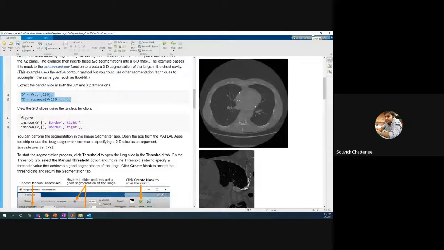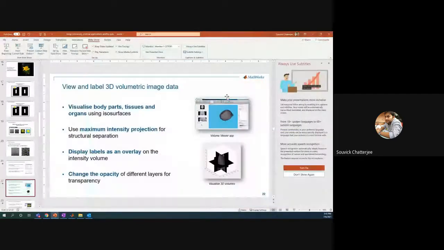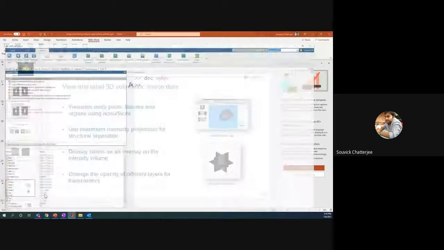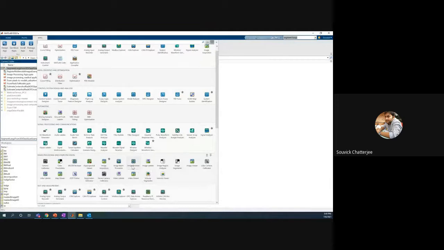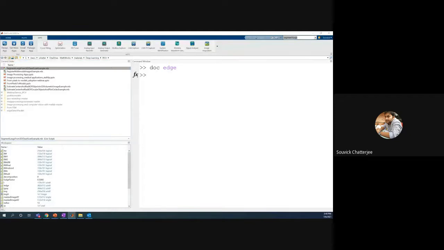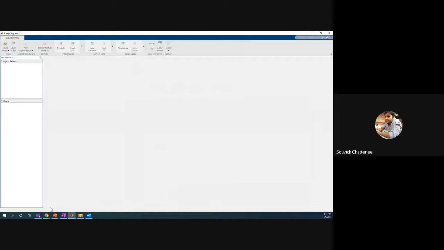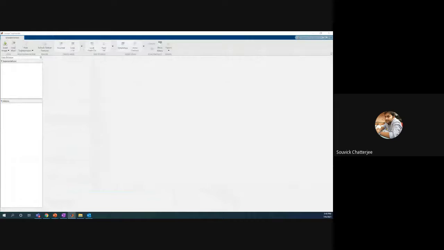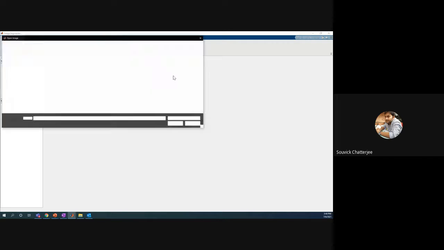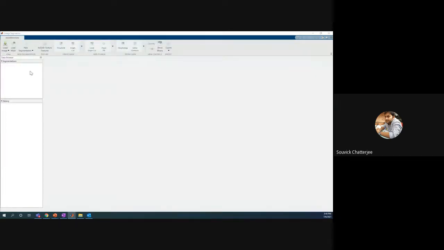Now we can go to another app for the segmentation. If I go again to MATLAB apps and then go to the image segmentation apps, here you will find an image segmenter. So I open up the image segmenter app, and it has come up. The advantage again for all these apps is that we don't have to write code. For example, instead of from a file, we can just import from the workspace, because we already have the image in the workspace.